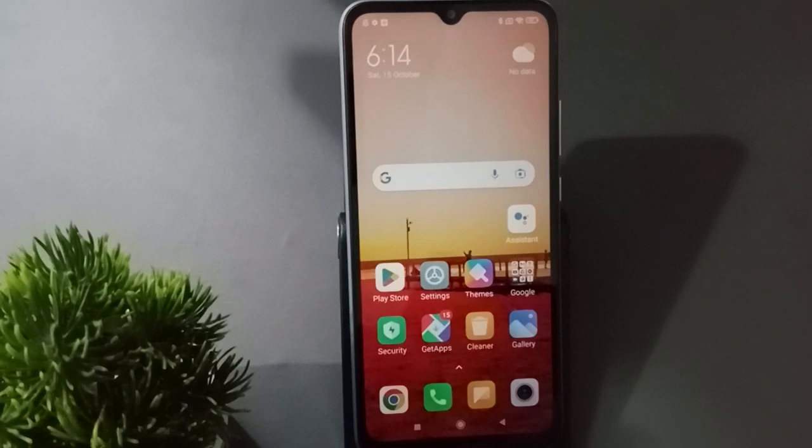Hello friends, on this video right now I'm going to show you how to turn on and off auto rotate screen